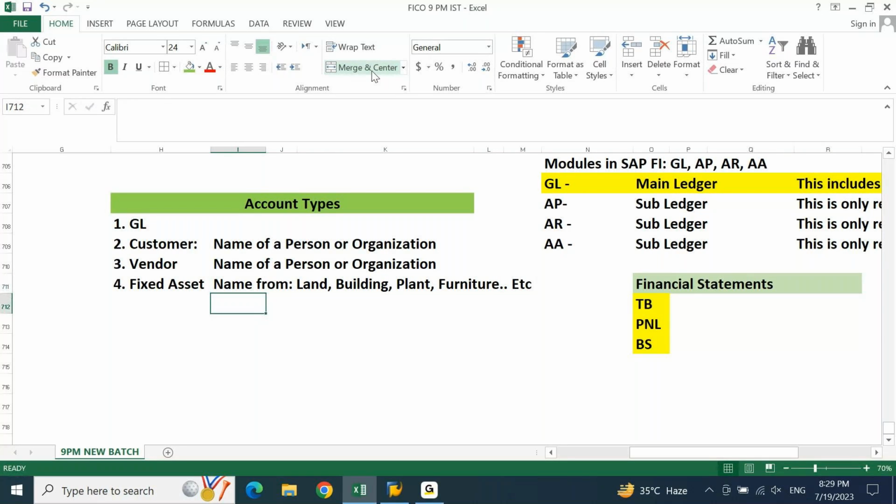Now, based on this, is it easy to identify what is customer, what is vendor, what is fixed asset? Can we identify them? Yes, this is straightforward. Whatever is not a customer, whatever is not a vendor, whatever is not a fixed asset, all those things